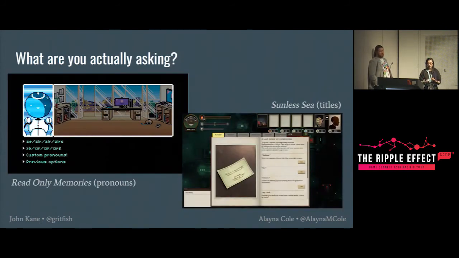If you're asking about pronouns, Read-Only Memories is a really good example of how you might be able to do that. It basically provides 2 screens for the player to select between. The first screen has she and her, he and him, they and their, and the second screen has a couple of lesser used, I guess, options, but still used options, and also an option for players to input their own custom pronouns. So you are just doing a switch out the same way that if the only two options were he or she, you would be switching between them based on the selection. You're just adding more things to what can be switched between in the interface.